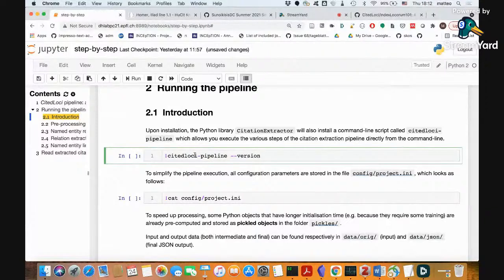So the first thing you should do is the pre-processing. So basically taking your plain text and doing what is written here: sentence splitting, tokenization, so dividing into sentences and each sentence into tokens, doing part of speech tagging using a tree tagger, and identifying the language of the text, because it can be in several languages.